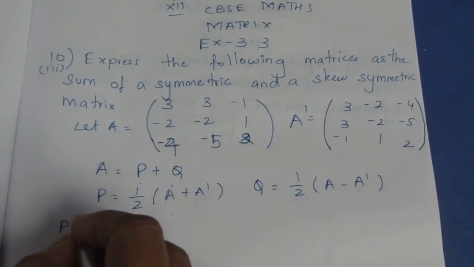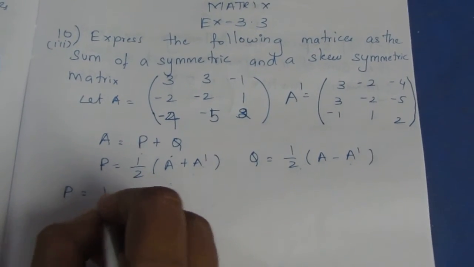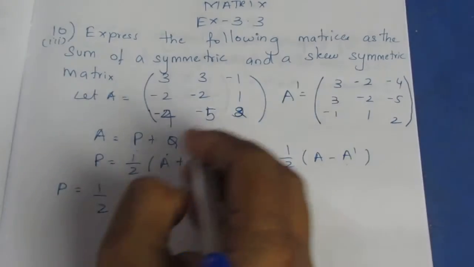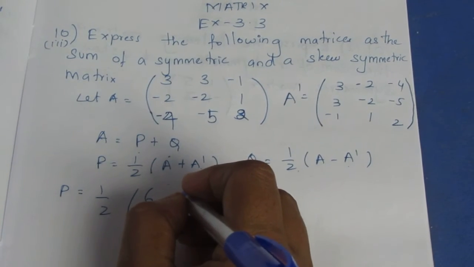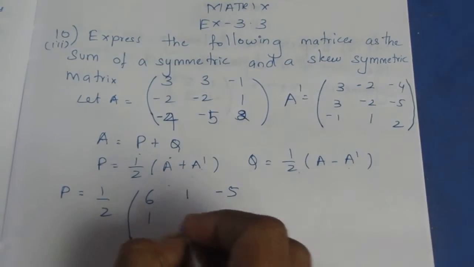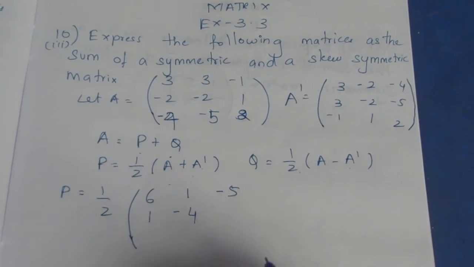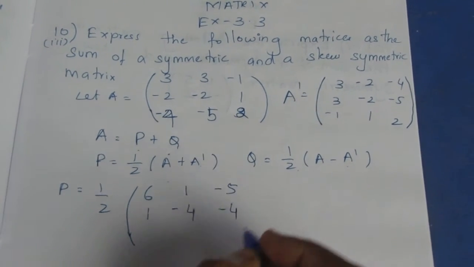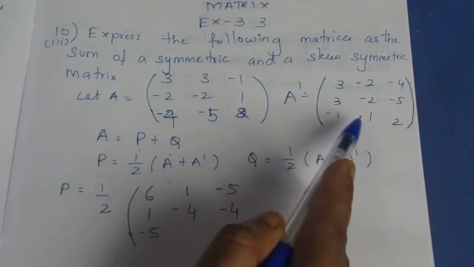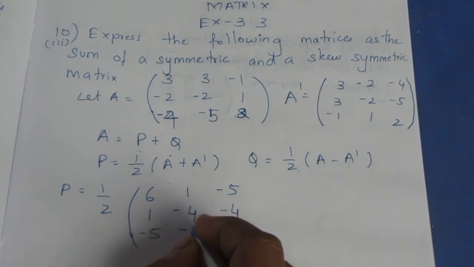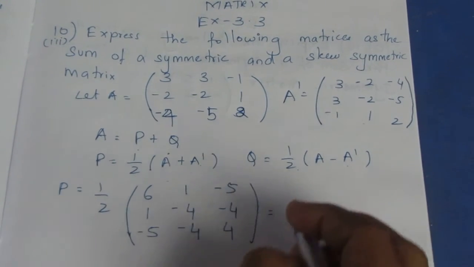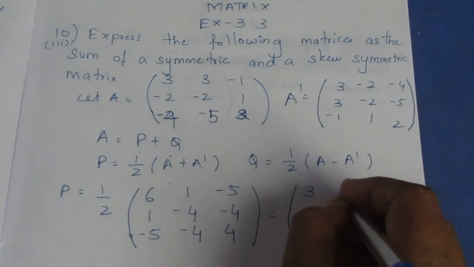So for P it is just adding the A and A transpose, half into. So adding these 2 I get 6. Here it is 1. Here it is minus 5. Here it becomes 1. Minus 2 becomes minus 4. 1 minus 5 becomes minus 4. Minus 4 minus 1 become minus 5. Then here it becomes minus 4. 2 plus 2 becomes 4. By taking half inside it becomes 3, 1 by 2,